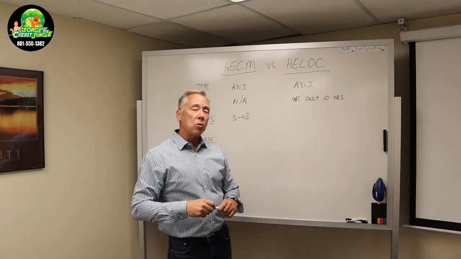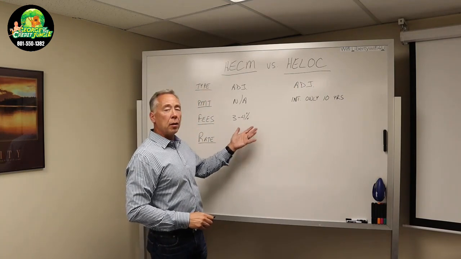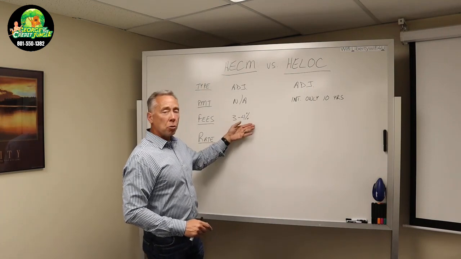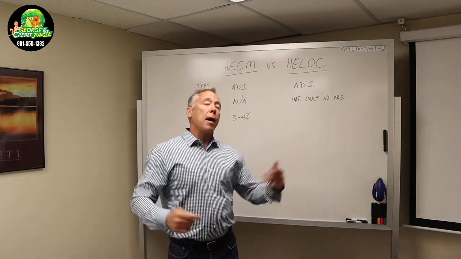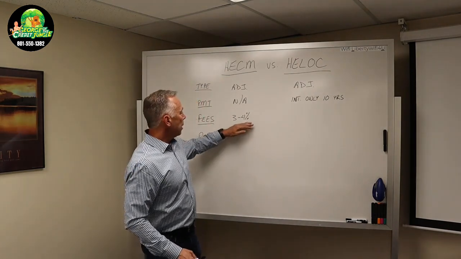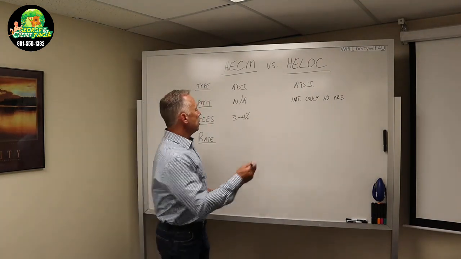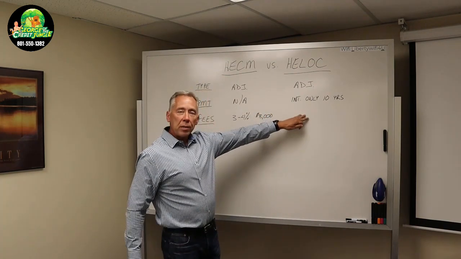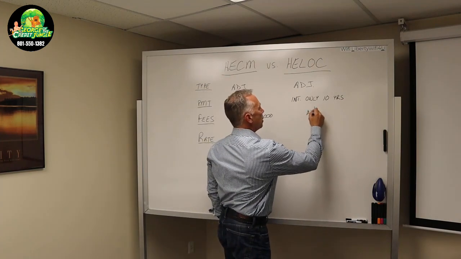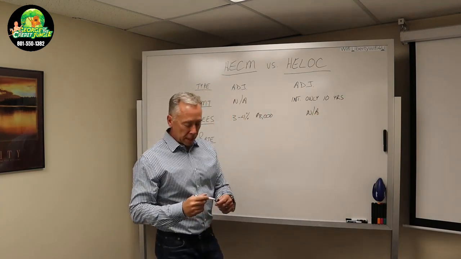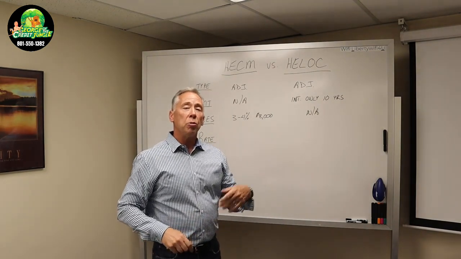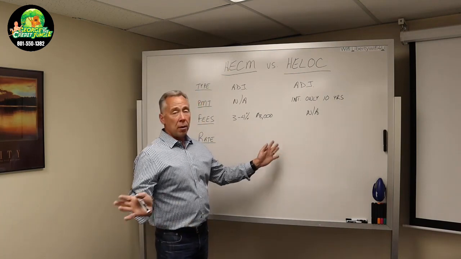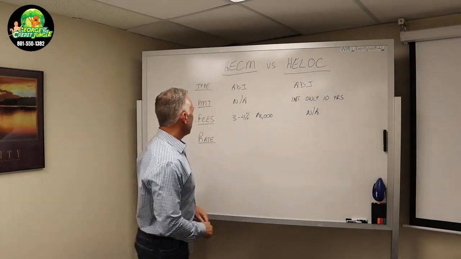of that principal limit. So if it ends up being $200,000, we're talking, in this case with a smaller amount, $200,000 is not considered a large sum of money. Those closing costs are going to be $8,000 at least, on that. So there are quite a few fees on that. What are the fees over here? Not applicable. Most of the home equity lines of credit will only charge you the appraisal fee or some cancellation fee if you close the line within the first year. So, huge difference in the closing costs here.